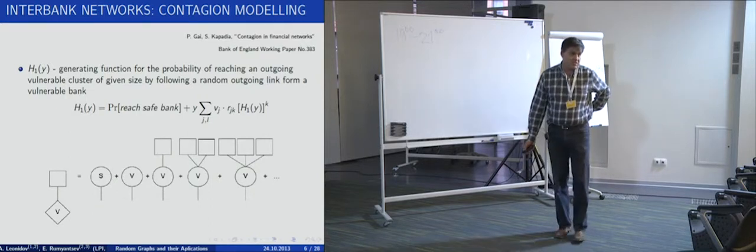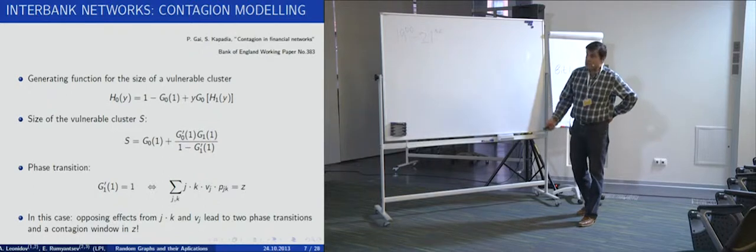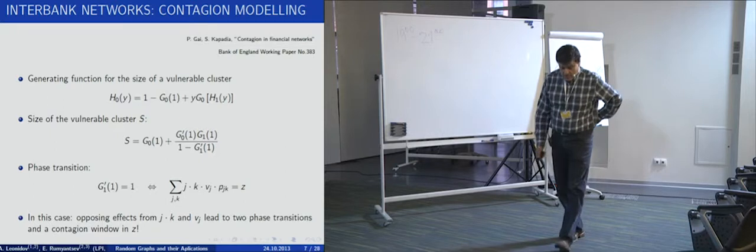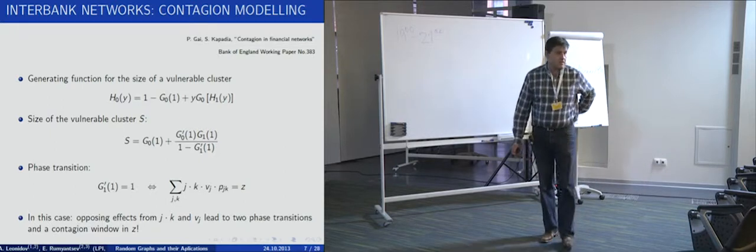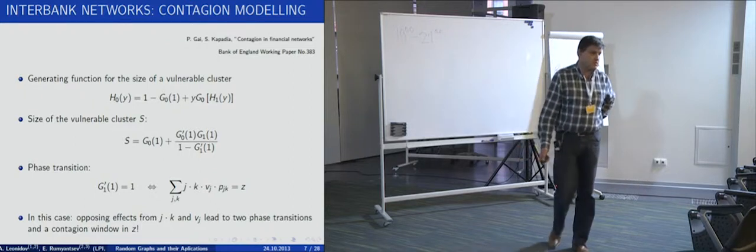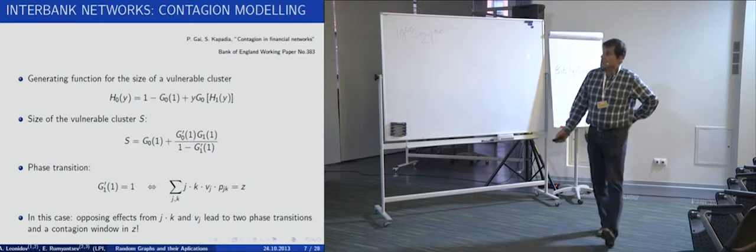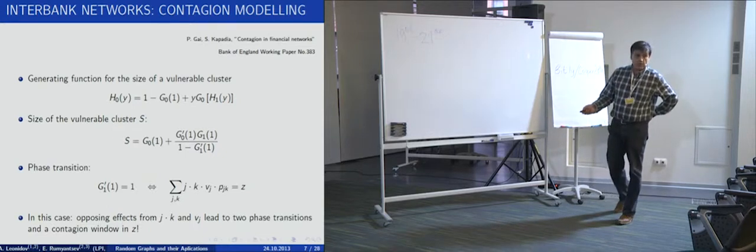It's easy to learn. I won't go through this stuff. This is pretty standard, and I think it appeared already in the first paper of Newman and co-authors on graphs with arbitrary degree distributions. So then you can calculate the point at which